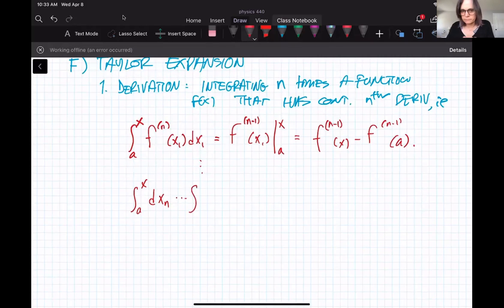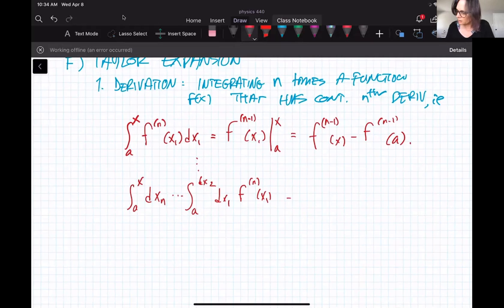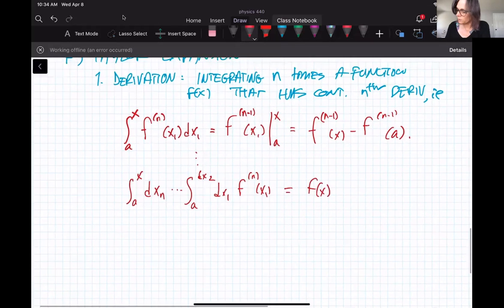That's what that horizontal ellipsis refers to: different dummy variables all the way down to dx2, where we have dx1 f^(n). This is the order of the derivative of x1. All of that is going to be equal to f of x, which is what we're after,